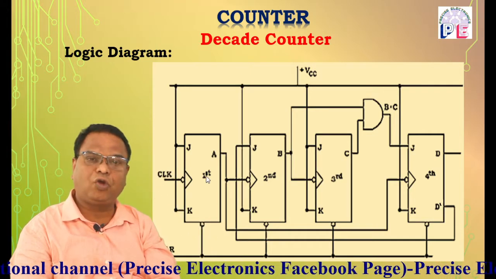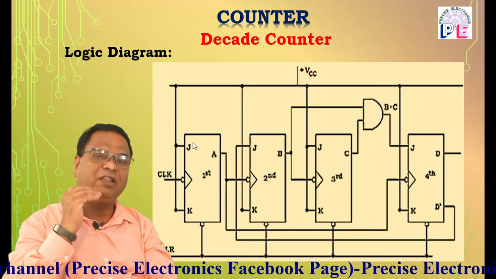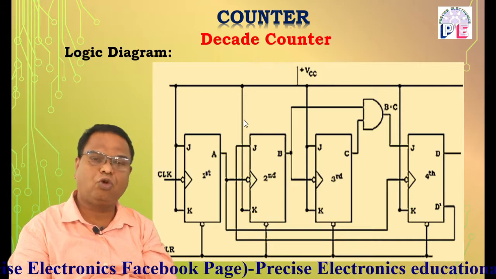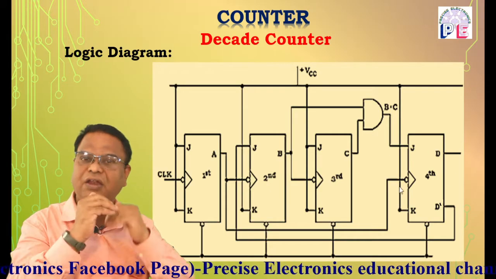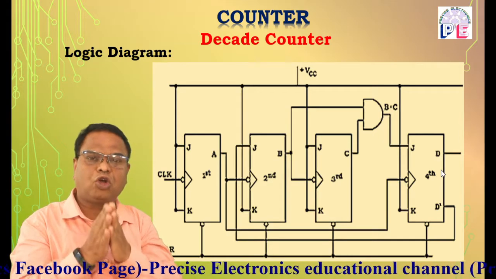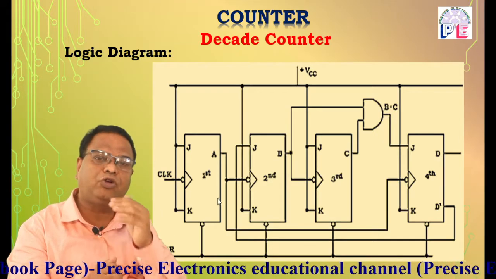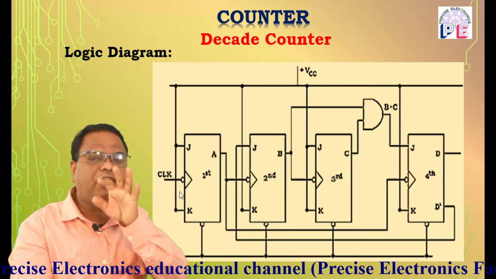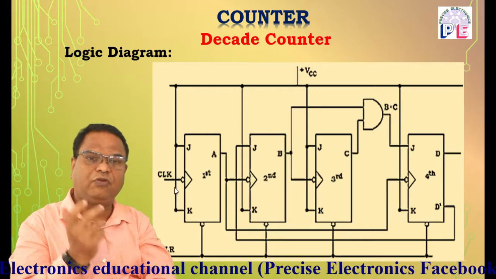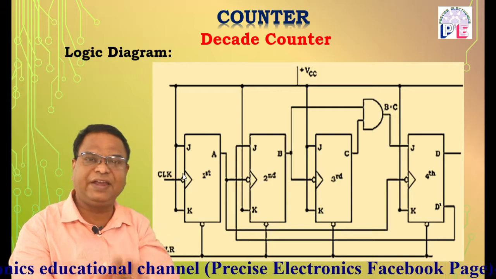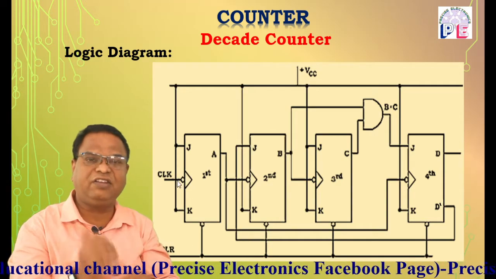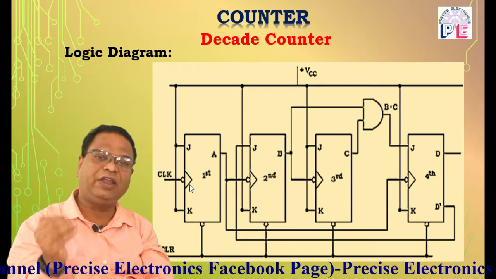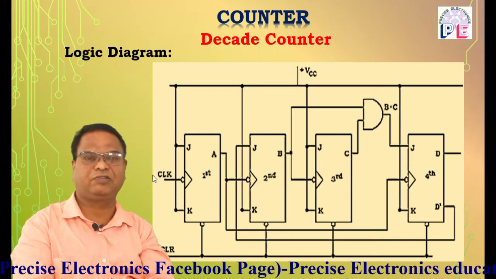Therefore, the first and third flip-flops are in toggle mode, while the K inputs of the second and fourth flip-flops are connected to plus VCC. So obviously, the second and fourth flip-flops may be in reset mode. The clock input is connected to the clock input terminal of the first flip-flop. And friends, all these JK flip-flops are negative edge triggered. Why is it negative edge? Because in this case, the bubble indicates negative and the triangle indicates edge. So it is a negative edge triggered flip-flop, and the transition of state occurs only at the negative edge of the input clock pulse.